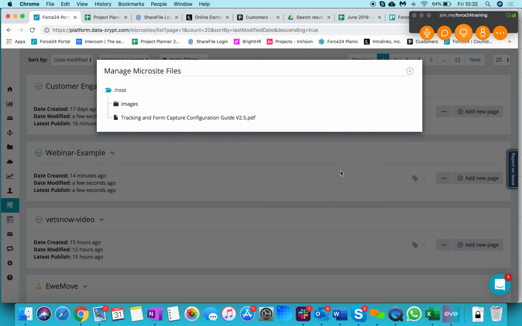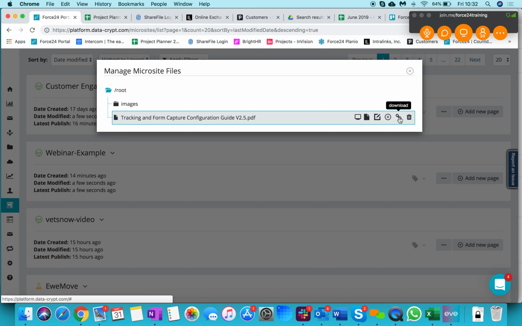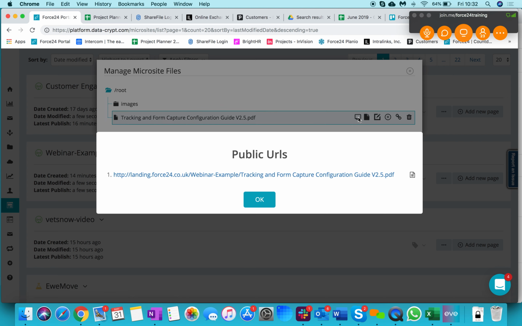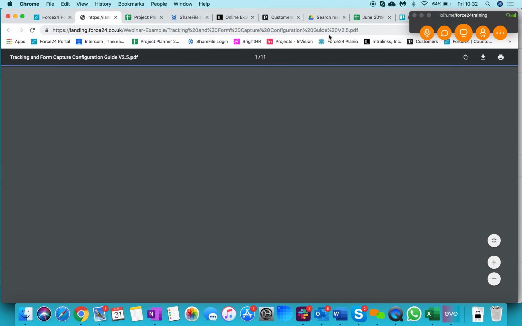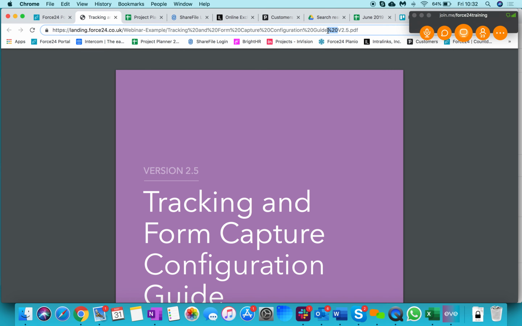You can click Manage Files, and here you can see the configuration guide that I've hosted. If I click this, we get some icons appear on the right-hand side here. Obviously I can remove it, I can download, or I can add further assets. But this monitor icon, the Show Public File URLs, if I click this monitor icon, here is my link that I can provide and attach to those buttons. If I click the link here, you can see here's the percent 20 that I referenced for the spaces within my PDF name. But I'm just going to grab the URL,